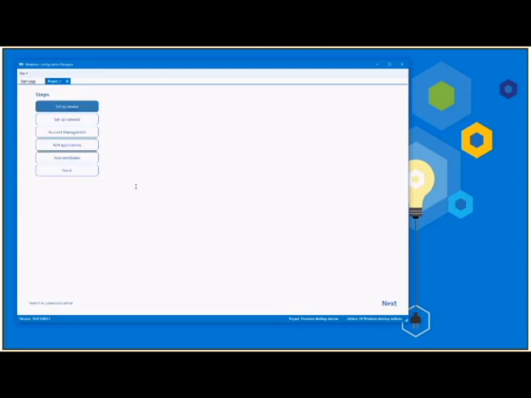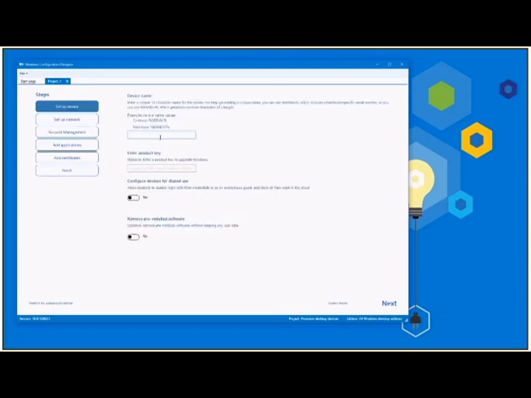You can do very simple things like machine naming. If I want to standardize a machine name and maybe use the serial number or just random characters at the end, I can do that. If I have a multi-activation key or the KMS client key that I want to use, I can add that. One of the new features that they've provided is the ability to remove